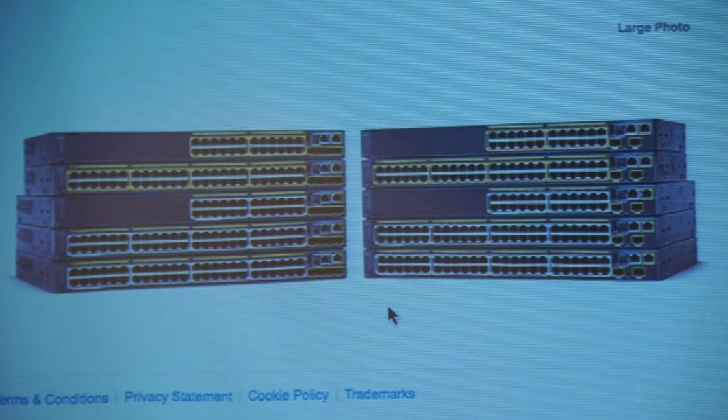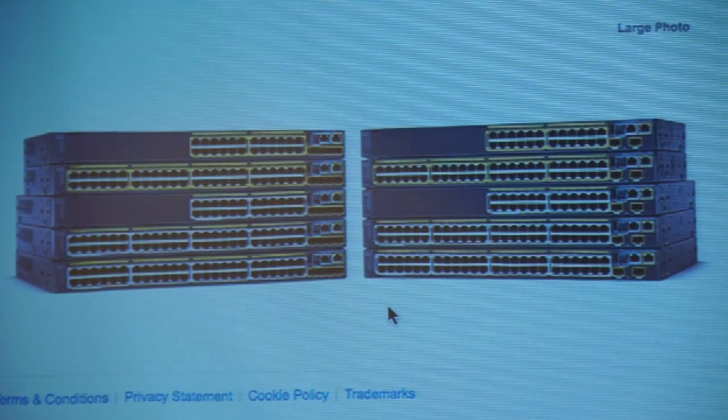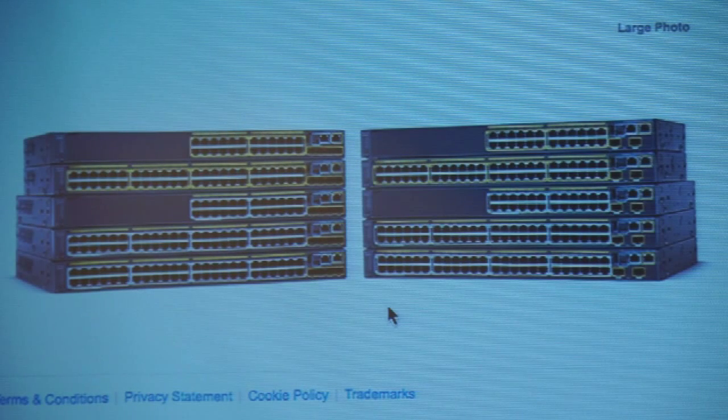Not that I would want you guys to have to go in and look at all this stuff, because that would be a waste of your time as a salesperson. You want to sell a lot, you just don't want to see them. But some you can add to, right? You can add slots. Not in these. And depending on the uplinks you have here, you can have either 10 gigabit uplinks or 4 1 gigabit uplinks, depending on what you order. This is the lowest end of the Catalyst family.